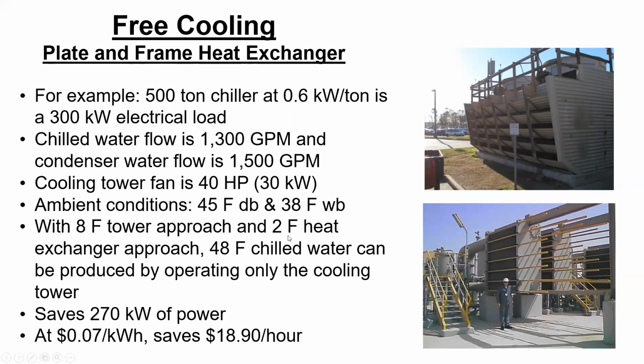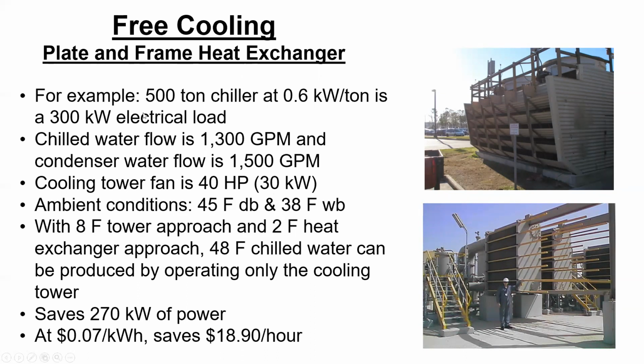And let's assume our heat exchanger's approach is also 2 degrees. So 38 wet bulb plus another 8 from the approach of the cooling tower plus another 2, that gives us 48 water, which is enough to be used for the building. So as long as we have that 38 Fahrenheit, we can provide free cooling to the building without using